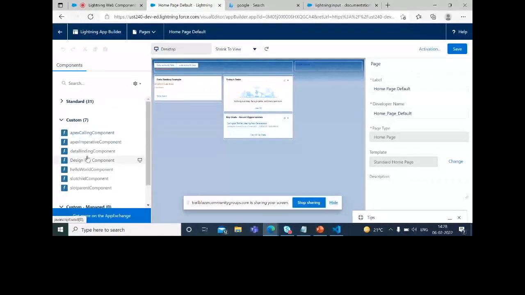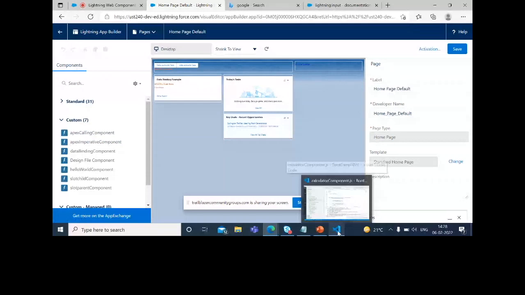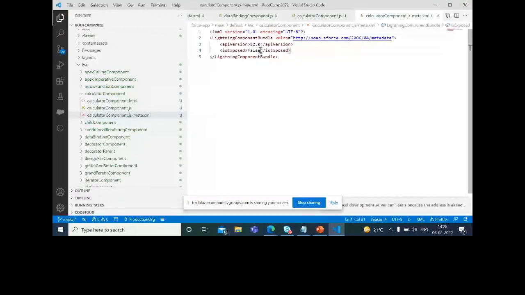So for that, first of all, I have to push my component to your org. For pushing it to the org, first of all, we have to go to the metadata file. We have to set isExposed to true. Then only my component will be exposed in the orgs.